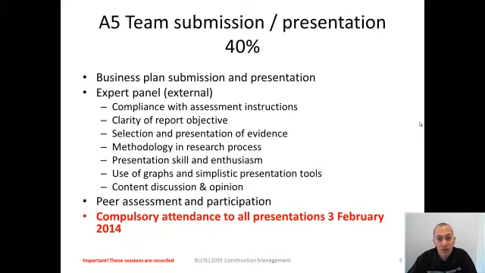This is the big one, A5. This is a team presentation. This counts for 40% of your annual mark. And it is going to be a business plan presentation and submission. Right, so you can either choose to create your own new business, or you can buy a second-hand business and fix it up. Choice is yours, and you are going to present your business plan to a panel of external